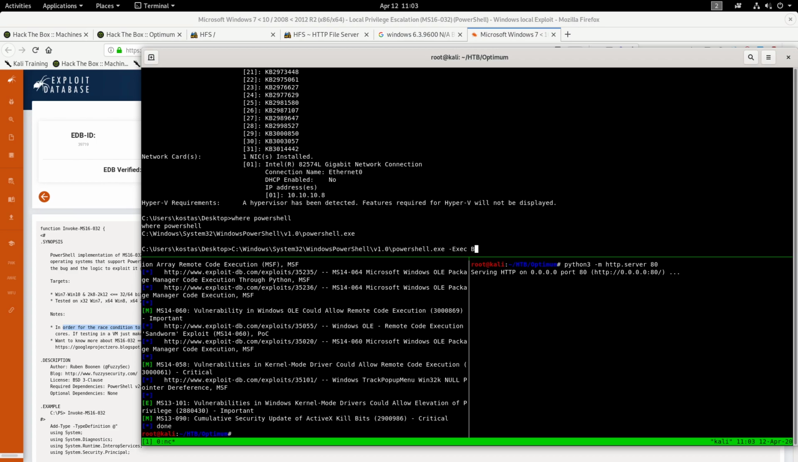So exec bypass. This is so we can bypass any set execution policies that might be set for our user or for any other users on the system, which PowerShell will automatically be detecting. So bypass, dash command. Now we're going to create a new object,